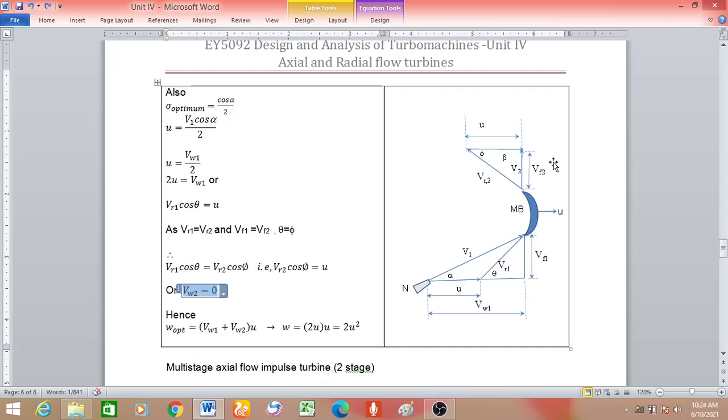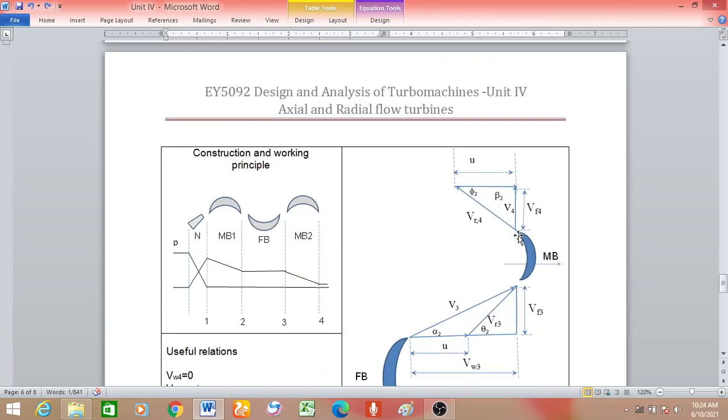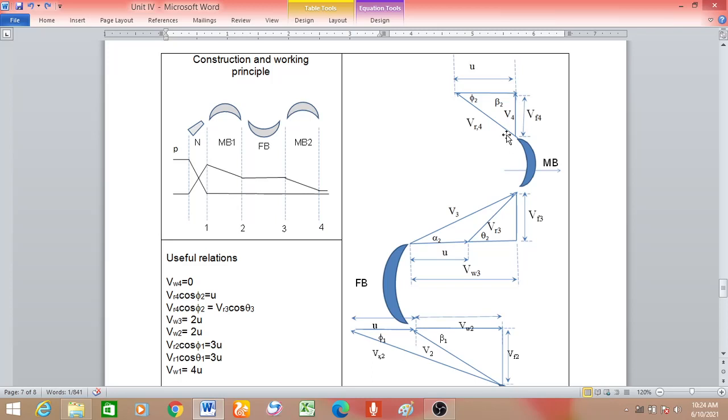The reason is that it has only the flow component. It is required for the fluid to leave the system. To maintain or sustain its flow, you require some velocity, but this velocity is not sufficient to rotate. Okay, so we have extracted all the rotational component of the velocity. So the whirl component is 0 at outlet. That is the condition. So here also I am applying the same thing. Here VW4 is 0. You can see VW4 is 0. So that will be the condition for maximum.